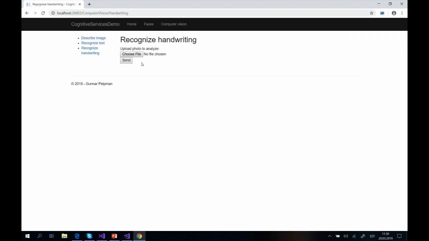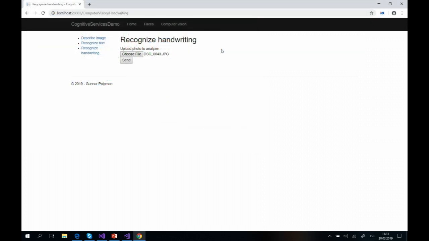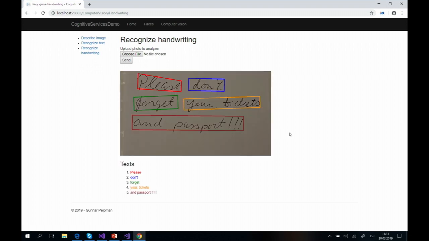So, okay, I take simple and readable handwriting. Let's see if it manages. Okay, it was able to detect all the words here. But it's also easy to push